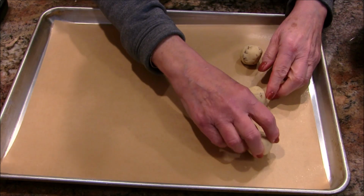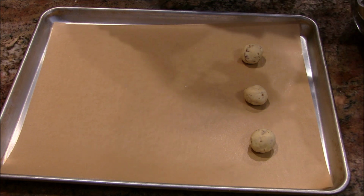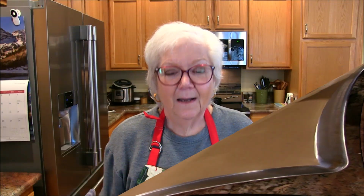They're going to stay in little balls. So I think I'll do one more, and then we will pop these into the oven. They're going to go in the oven. I'm going to give them 10 to 12 minutes, and then I'm going to take them out when they are